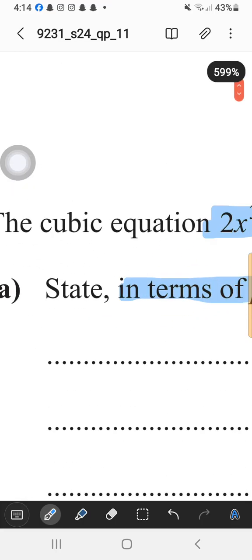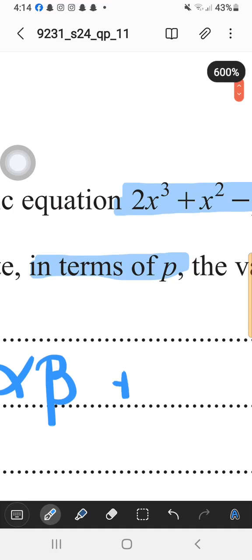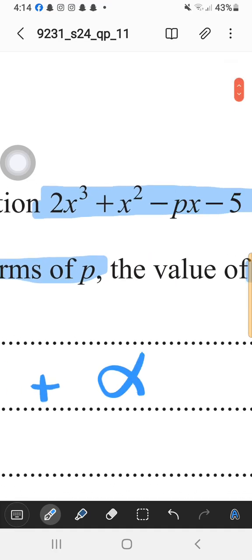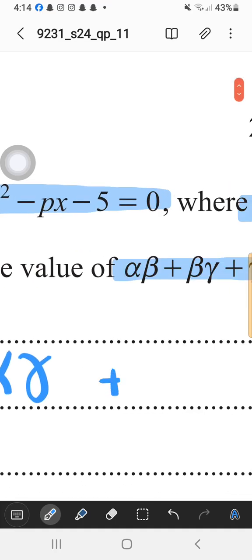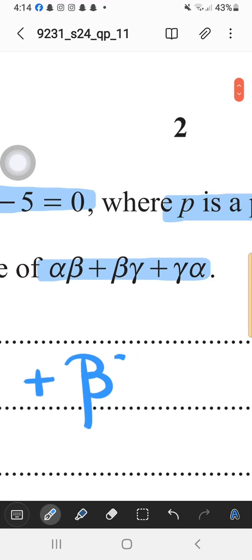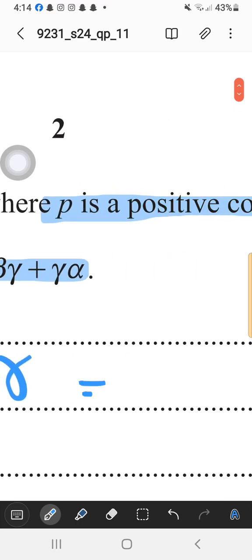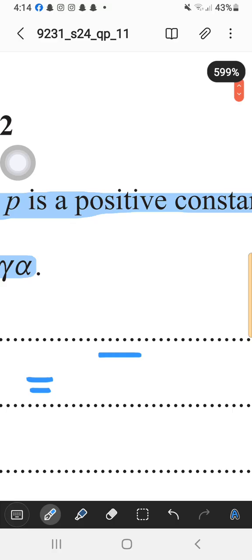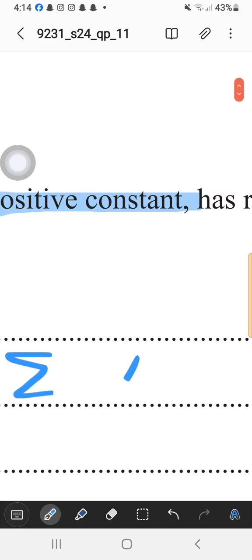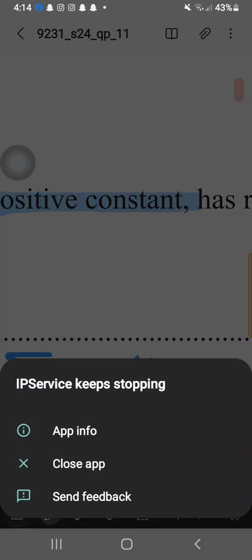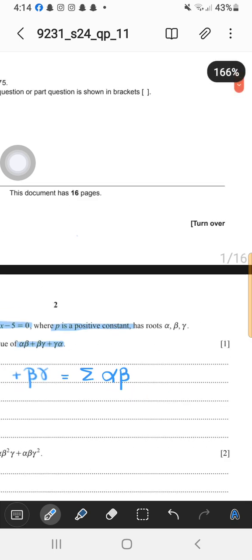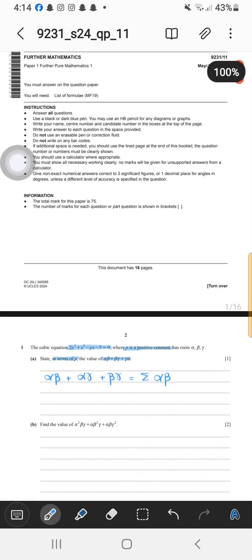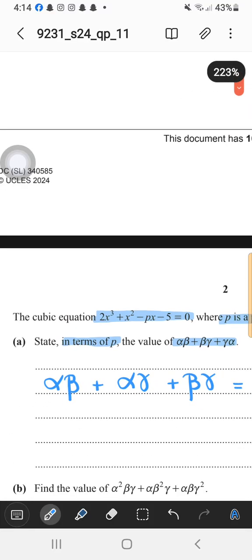So this alpha beta plus alpha gamma plus beta gamma can be written as the summation of alpha beta. Okay, so we have to find the summation of alpha beta. First of all, we will